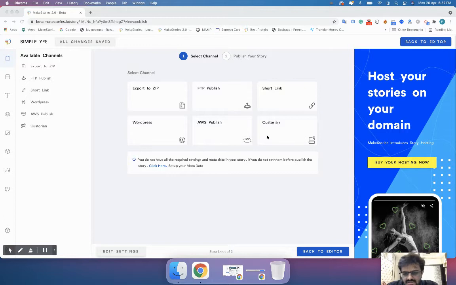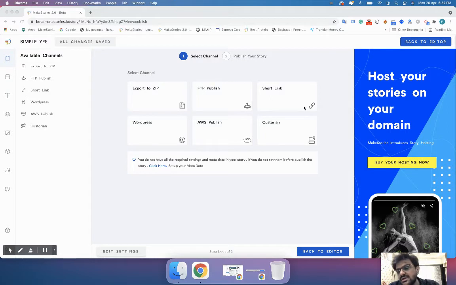Okay, and this is a custom domain, like a small domain, which we had set up. So, if say you have your own website and you want to create a connection between Make Stories and your website where you can publish from Make Stories, but the files get uploaded to your server, then we have another service called Connectors. I will give the link in the description with more details about what the connectors are, so you can visit that link and understand the concept behind connectors. For now, what we will do is we will create a short link.